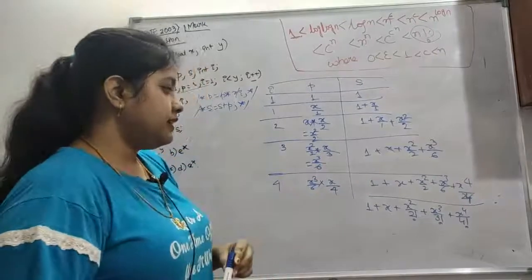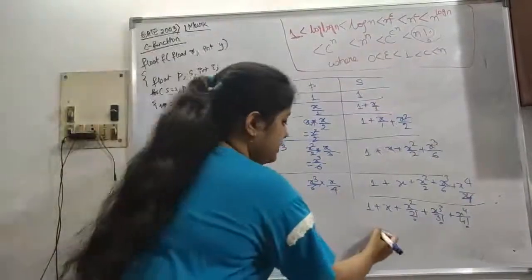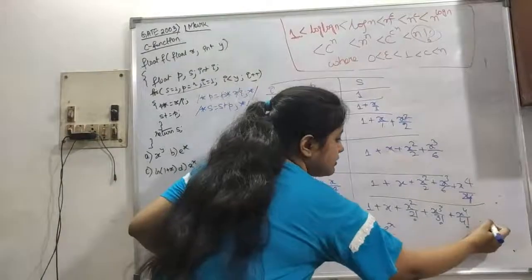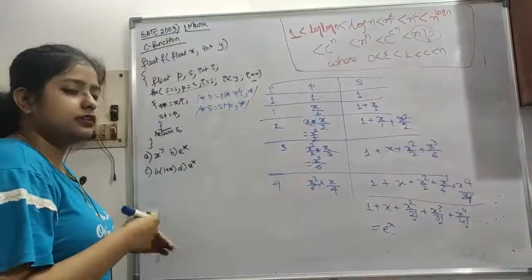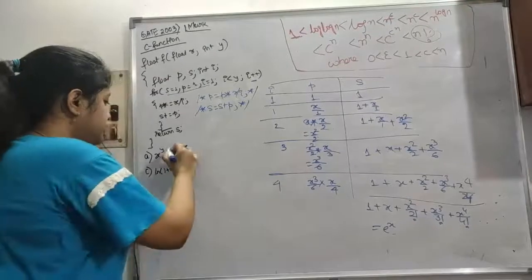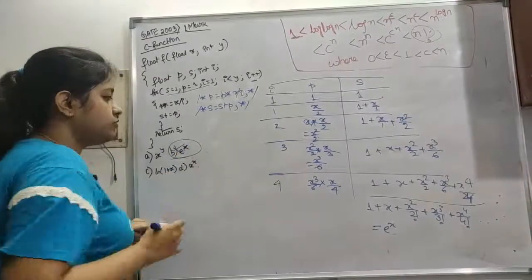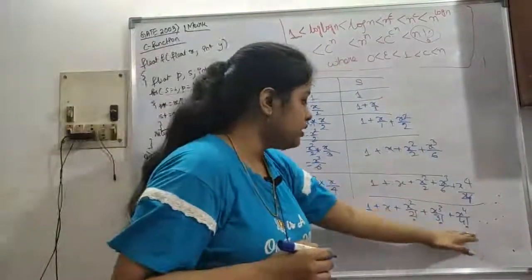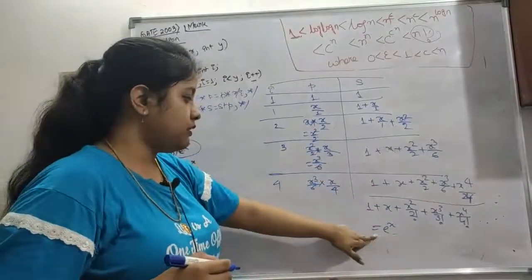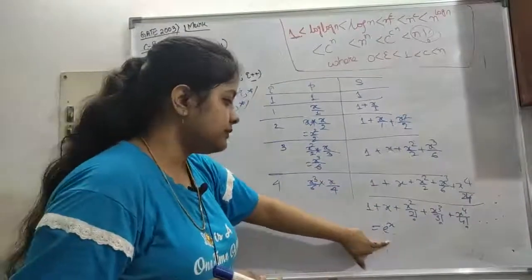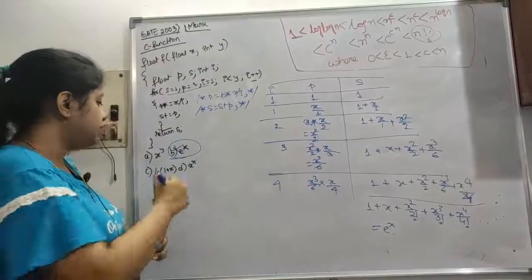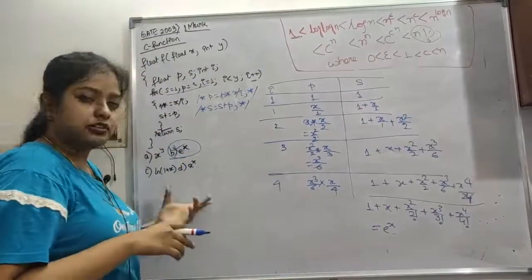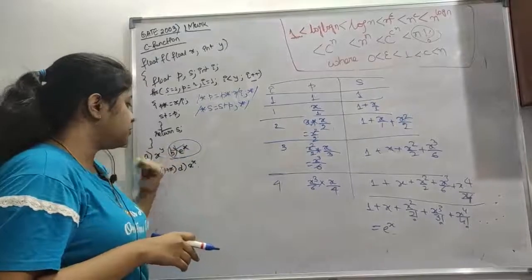So this is basically the expansion of e to the power x, like this. You may not know this, but while doing the question, just see this. This is the expansion of e to the power x. Up till this you can do, but you may not know the function. So this is basically e to the power x. Okay, so I am writing it down. You may check the other expansion functions, but this is e to the power x. Okay.